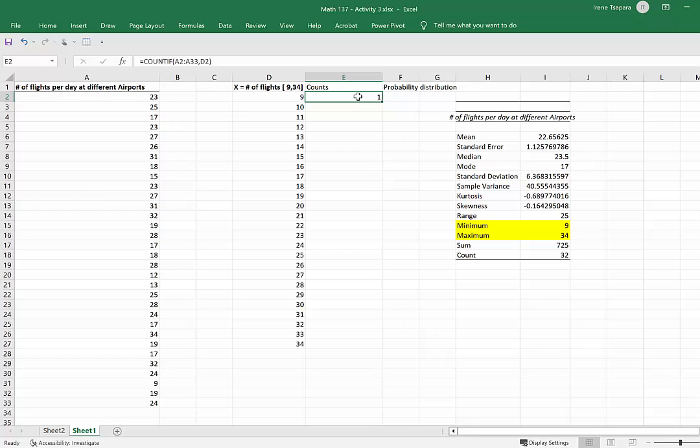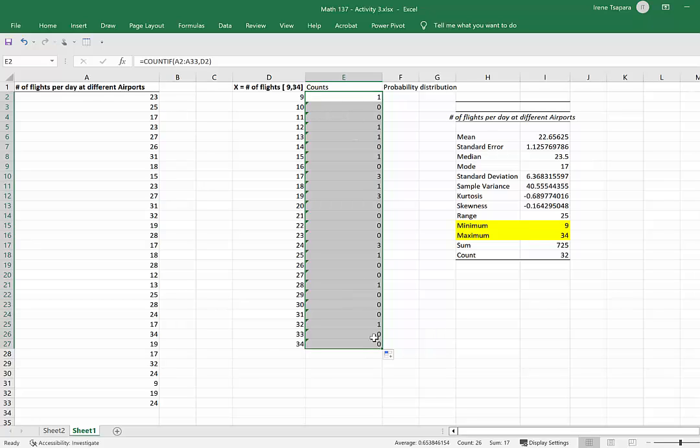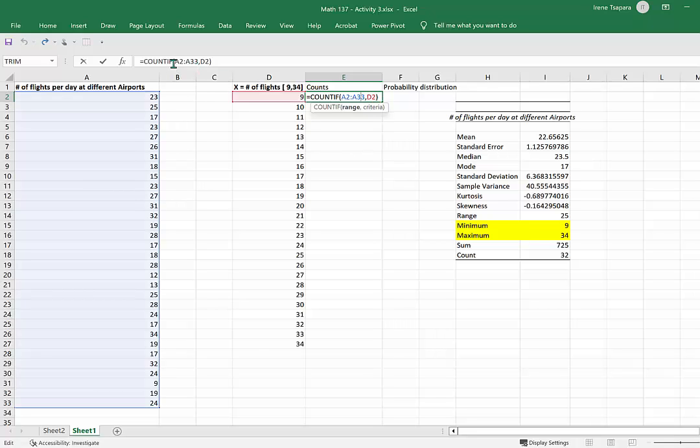Well, I want to repeat this for each one of these values, but because I don't want to duplicate my work here, what I need to do is basically to scroll down to 34. The issue that I have if I do that, and I'm not going to do it yet, is that if you go, let's say, to number 17, you can see that the range starts from A10 to A41, but I want the range to stay from A2 to A33. So in order to do that, I'm going to erase what I just did, and what I want is to lock the cells,